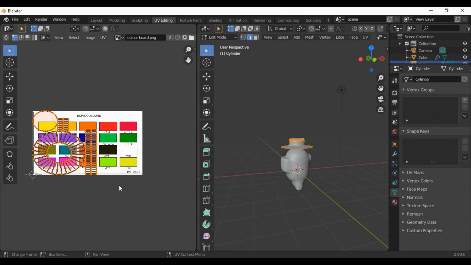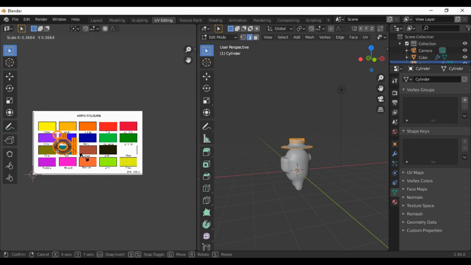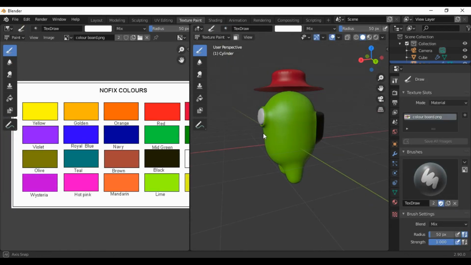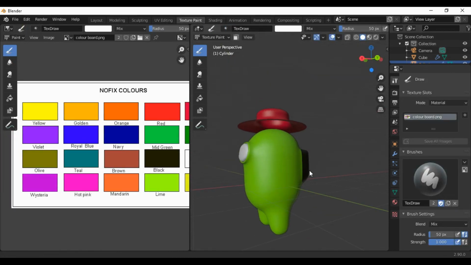So drag it or scale it and drag whatever color we want. I want a red one. Okay, scale it. Yes, S to scale. Yes, good. Go on texture. Yes, it's good.